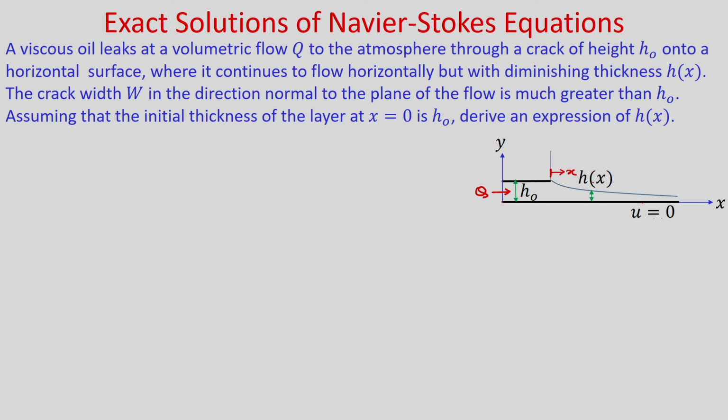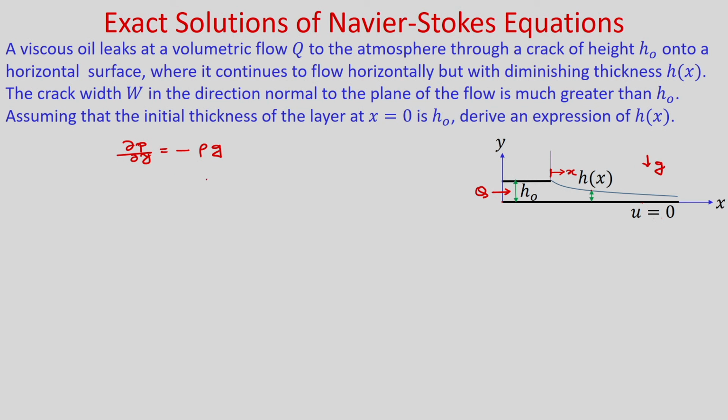So, if you have a plane Poiseuille flow of height h, then obviously at h by 2 this is the interface, and the shear stress we can put as 0. Okay. So, we have a constant pressure gradient. So, del p by del y, obviously it will be minus rho g. Okay. So, g is acting in this direction.